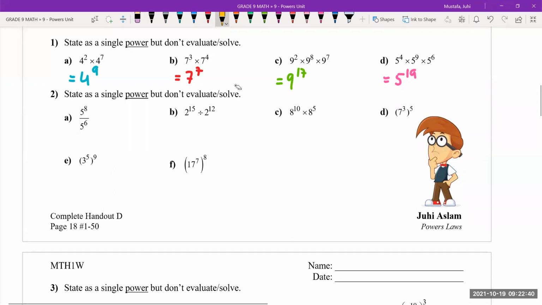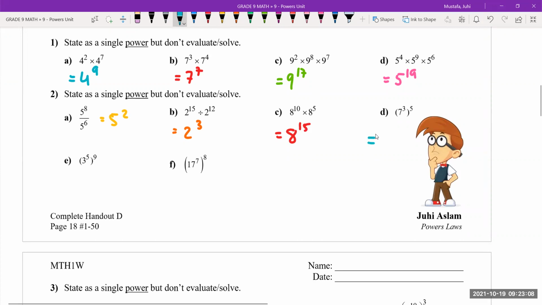Sorry, I'm just going to write this over here. And then you said 2 to the power of 3. Good. The bases are the same. Let's keep going. Question C. Zara? Careful. It's a multiplication sign. So would you add the exponents or subtract? Yep. Good job. 8 to the power of 15. Perfect. How about